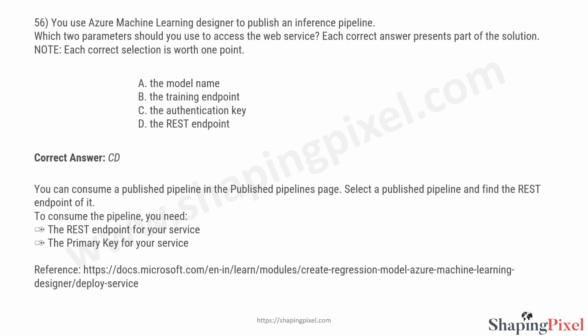You can consume a published pipeline in the published pipelines page. Select a published pipeline and find the REST endpoint of it. To consume the pipeline, you need the REST endpoint for your service, the primary key for your service,